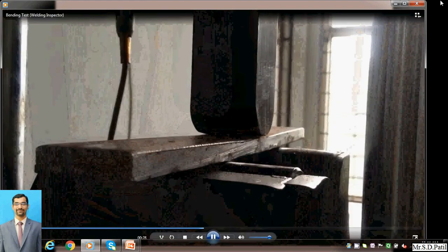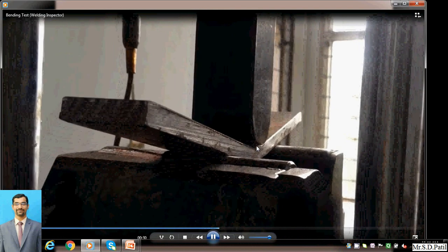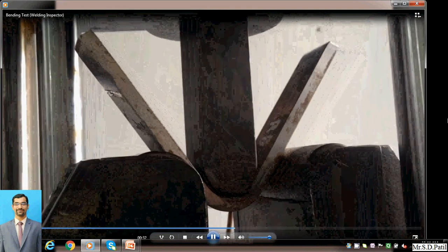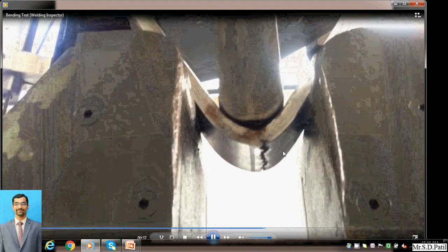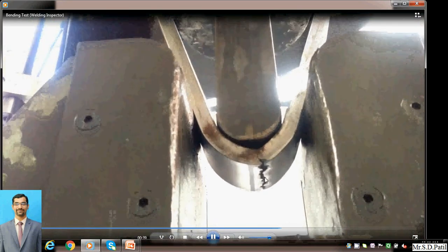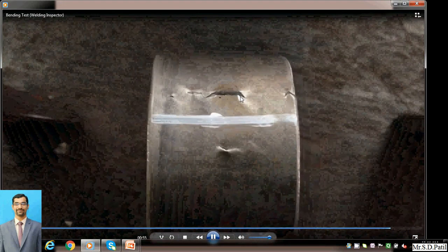Here the markings have been made to identify the center of the component. Welding has been conducted on these, and they are trying to analyze how the welding exactly fails. These are different components having different kinds of failure patterns. On the first component we have seen a very big crack. On the second component a minor crack has developed. Here also some minor crack has developed, but in this component there is no crack at all.